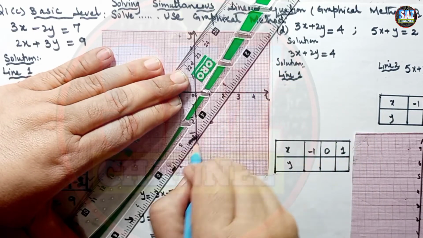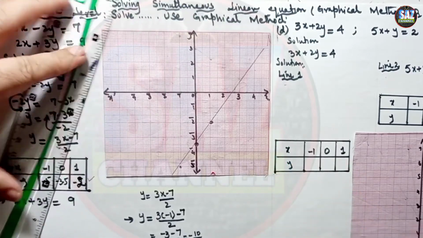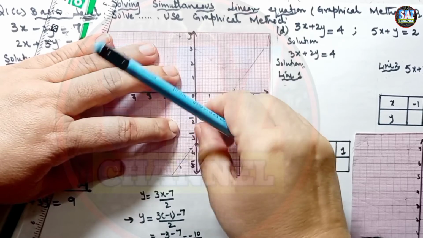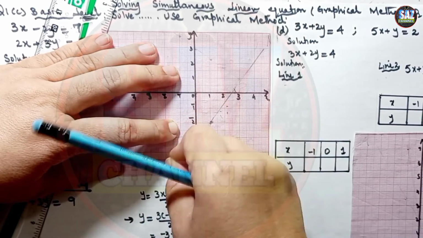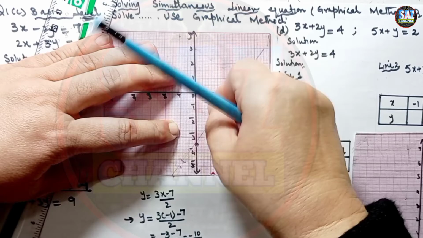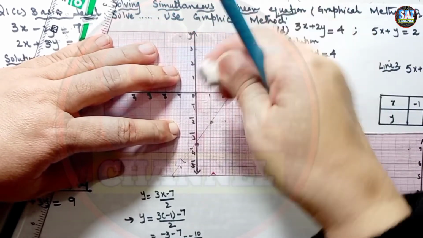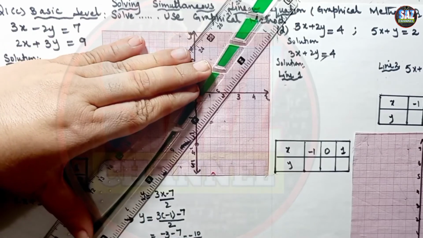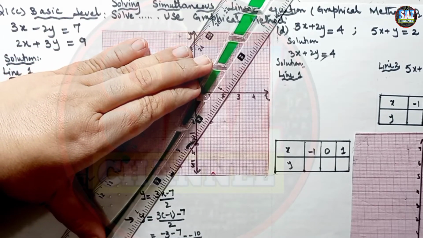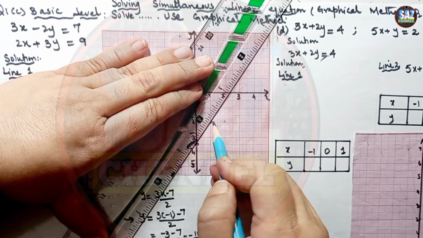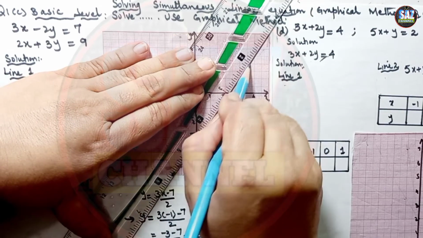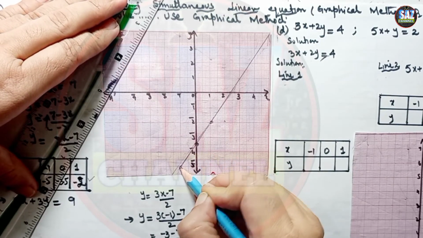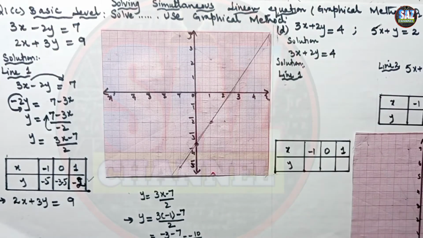First of all, I'll draw the line with the help of pencil, and then I will be making the line perfect. Let me draw the line once again because it's not touching all the points properly. Let me draw the line once again for you, because the line has to pass through all of the points. So the line will take the form like this, because it has to pass through all of the points. This is the line.